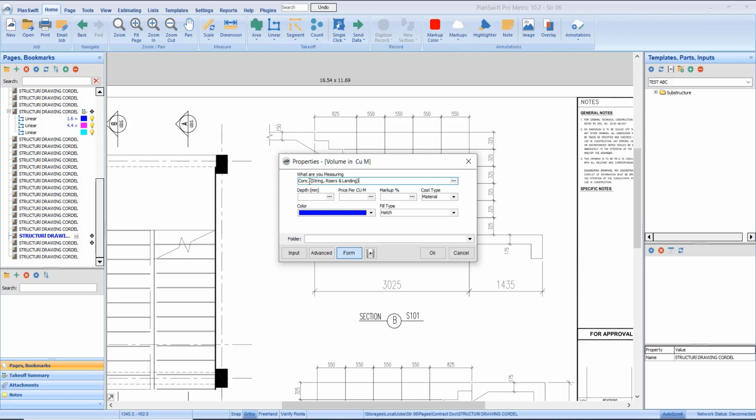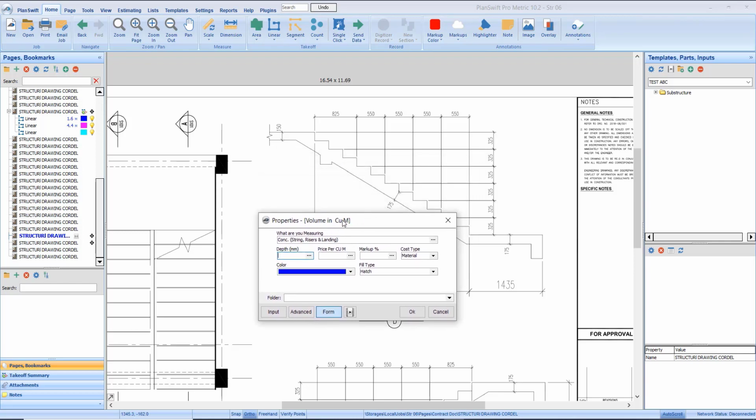So I'll take measurement for all of these at once. Then the depth, I want to explain this depth so that it doesn't confuse you. You can actually customize. By default you will see depth here, but since we are measuring for staircase, you can